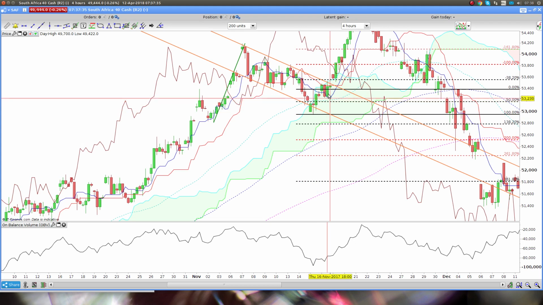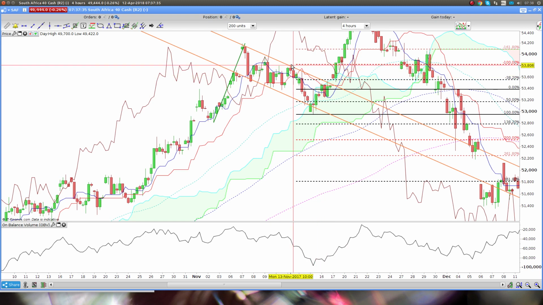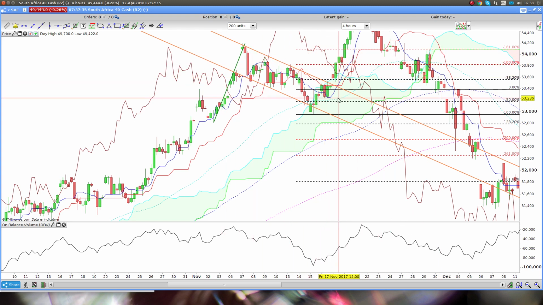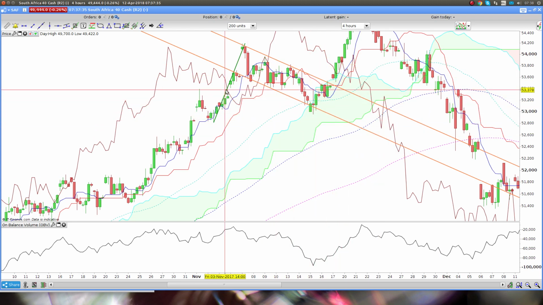It stayed above the 50%, and now a break above this, the first target is going to be that level there, which is the height of the range, and that breaks the channel. So that gives me confidence that we're heading to the upside. And now if I take this and copy that segment and